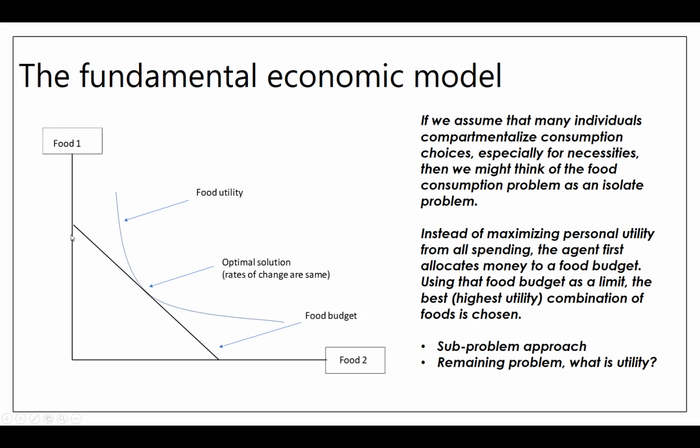But we could take that same utility model, an indifference curve that describes the utility map, a budget line that describes allowable spending, and then goods. I think we had food and non-food in that picture, and solve for the best combination of food versus non-food. Well, it turns out we could also apply that same sort of problem